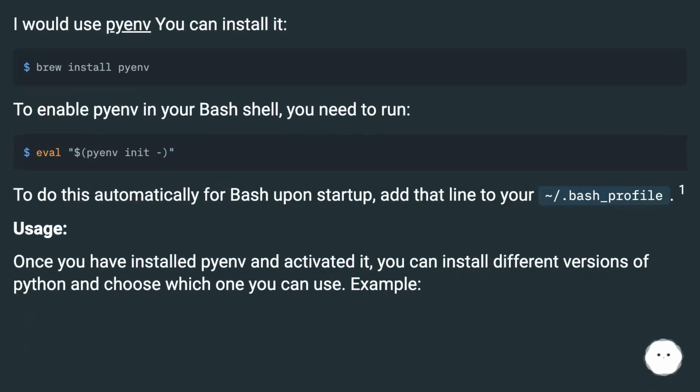I would use pyenv. You can install it. To enable pyenv in your bash shell, you need to run. To do this automatically for bash upon startup, add that line to your ~/.bash_profile. Usage: once you have installed pyenv and activated it, you can install different versions of Python and choose which one you can use. Example,